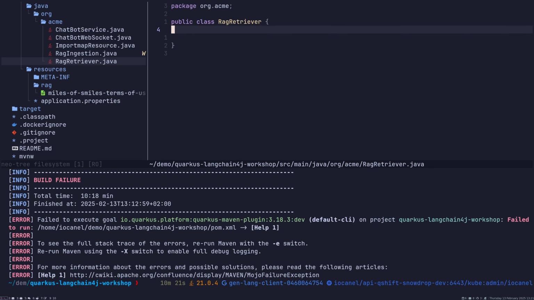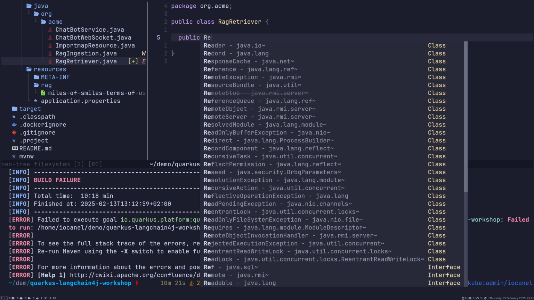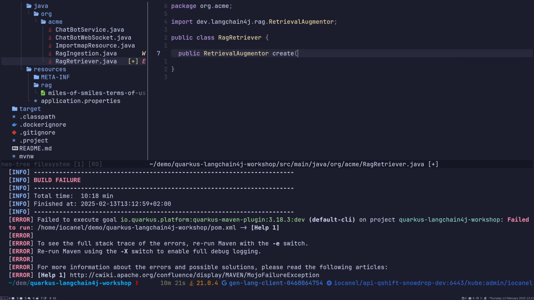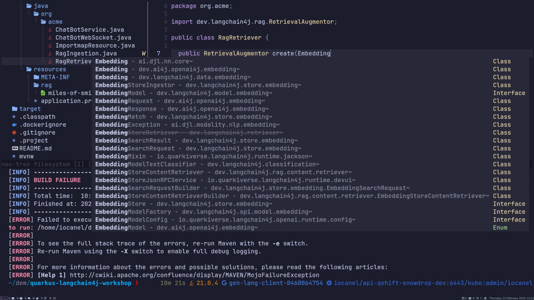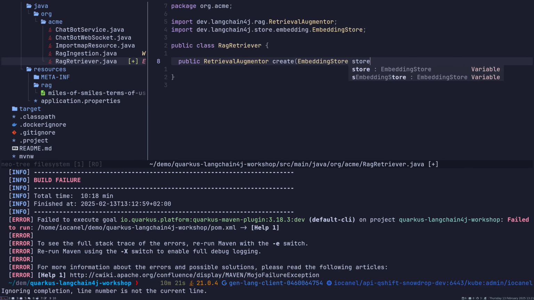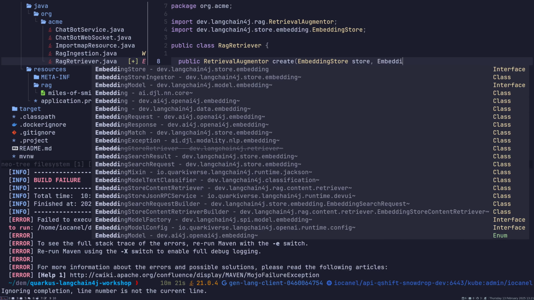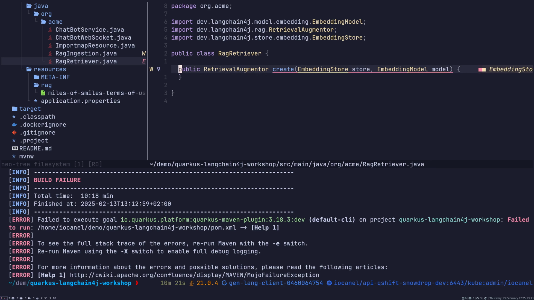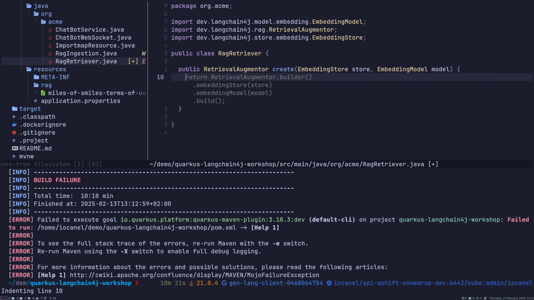So for example, I will create a public method that I'm calling retrieval augmentor create, and I'm continuing with the embedding store, the embedding model,